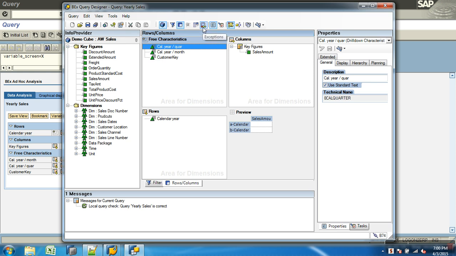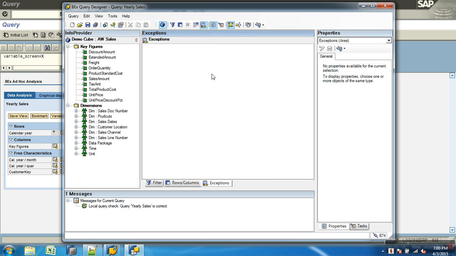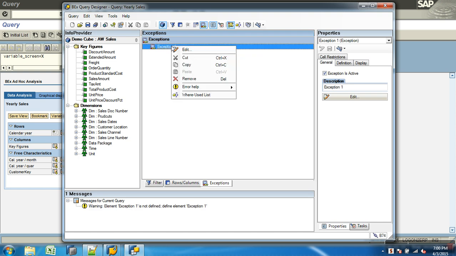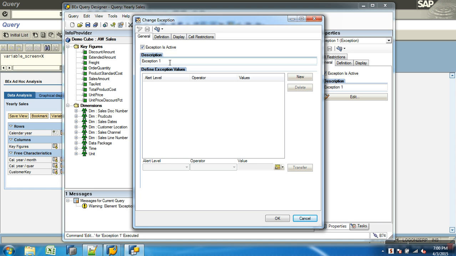So then you look at the icon with 3 lights, get in, right click, new exception, right click, edit, some exception name, description. For good, you see good 1, 2, 3: light green, dark green, full dark green. Okay, I want green, and then what, greater than 5. So what is critical, say between what